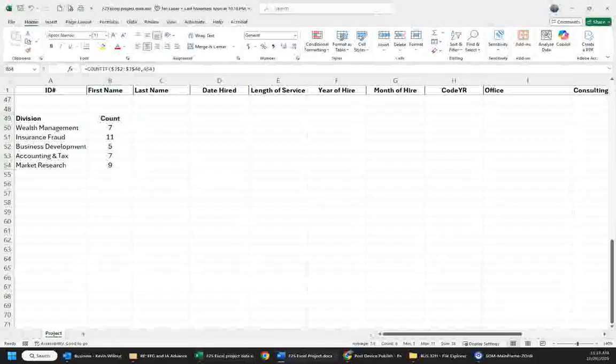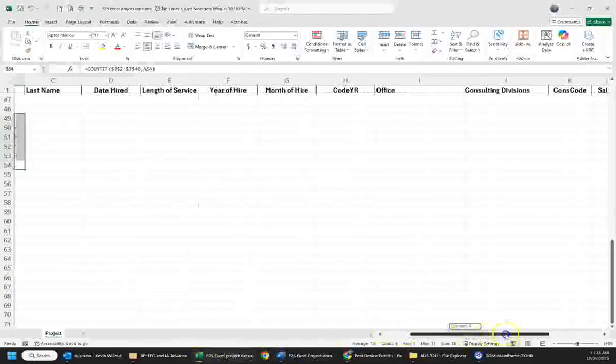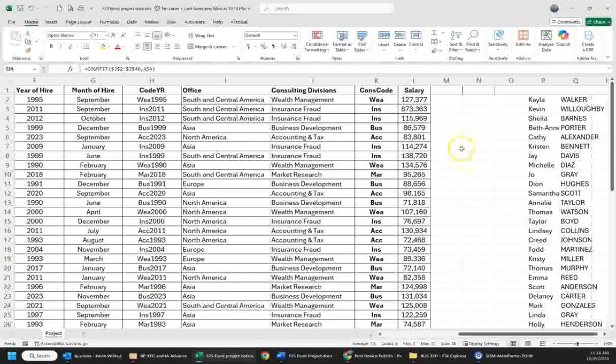Step 11 is to use the IF AND function starting in cell M2. An IF AND function is an IF statement where two things have to be true in order for it to return a true value. If one is false or both are false, it'll return the not true statement in there. So we're going to call this column 150